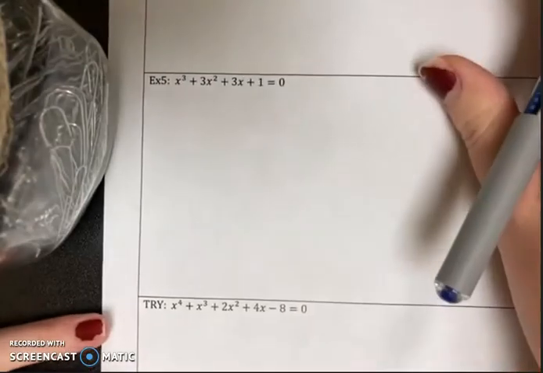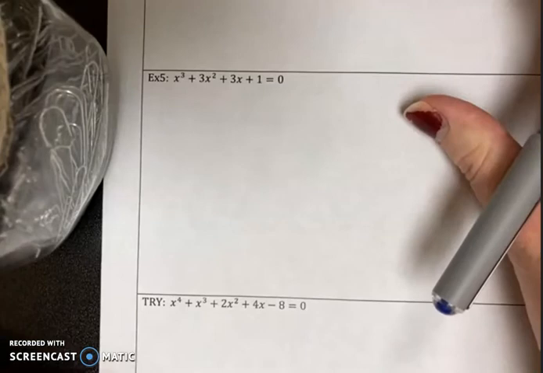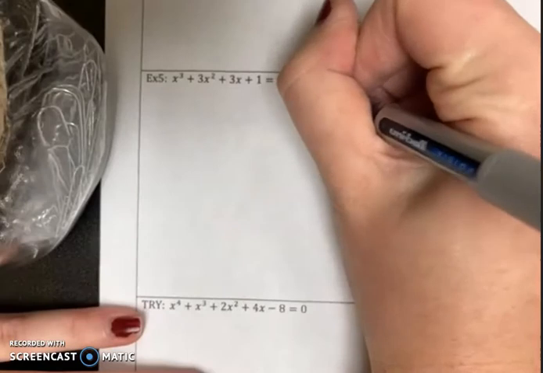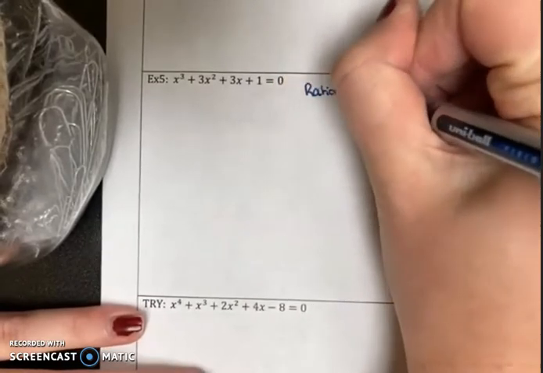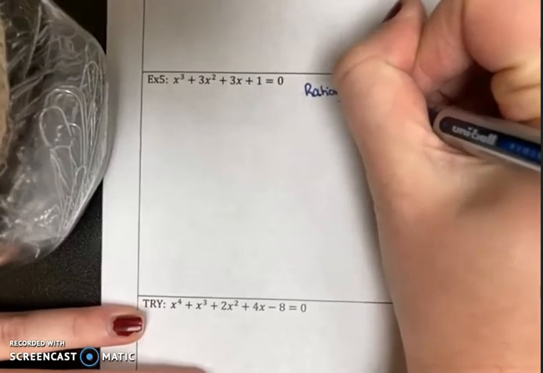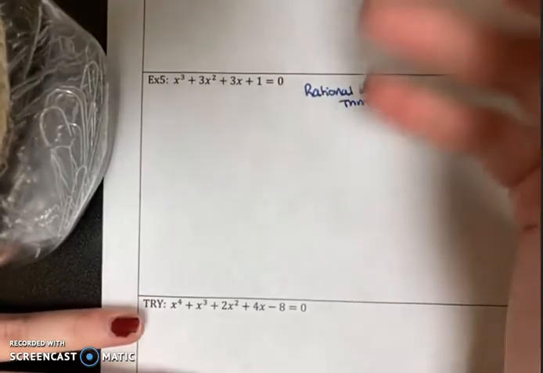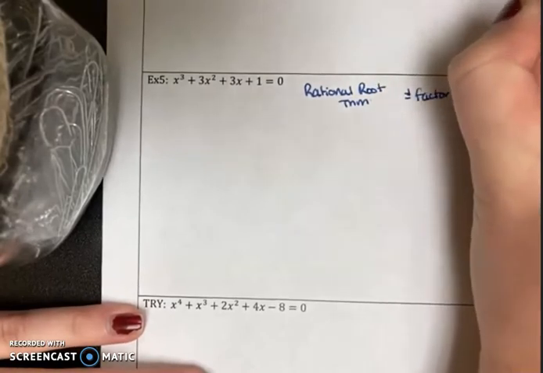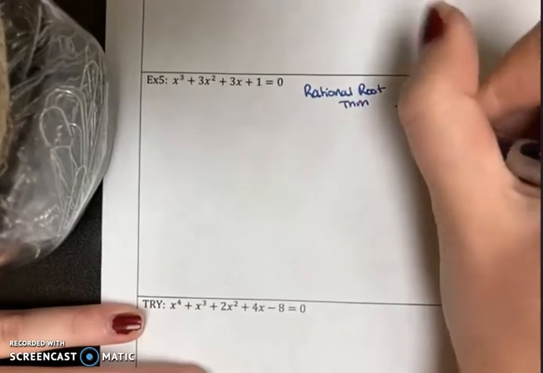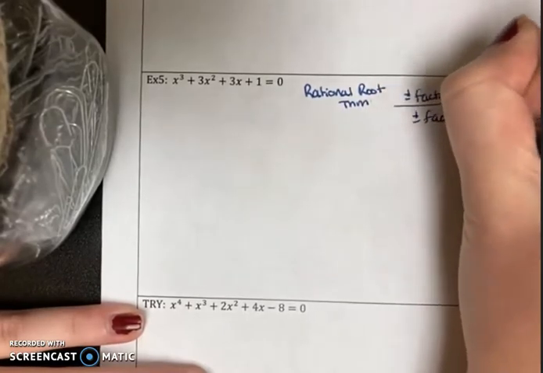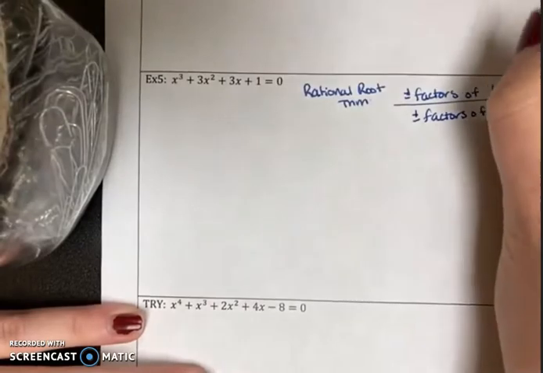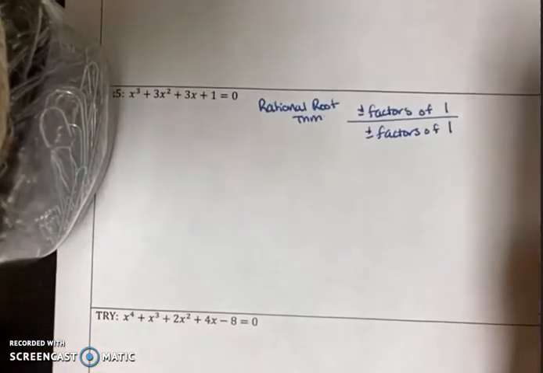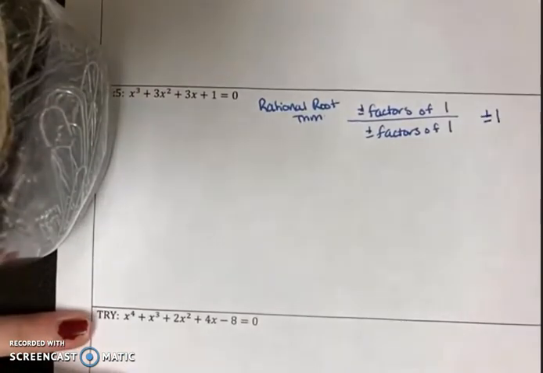Example 5. Directions are still the same. We're trying to find all of the roots. I need to start off by using the rational root theorem. Remember, this just has us list all of the possible roots. So plus or minus the factors of my constant, which is 1, plus or minus the factors of the leading coefficient, which is 1. So really, the factors of 1 are just 1, so my only possible zeros are positive